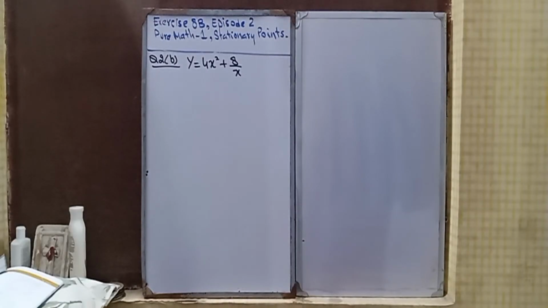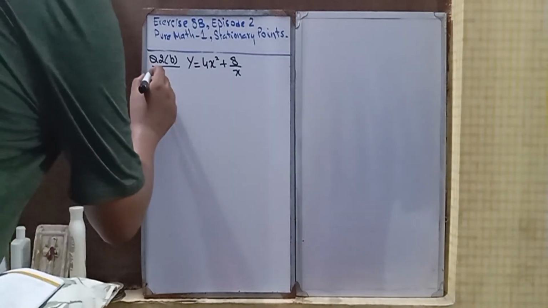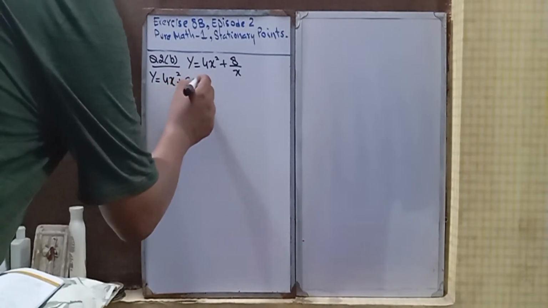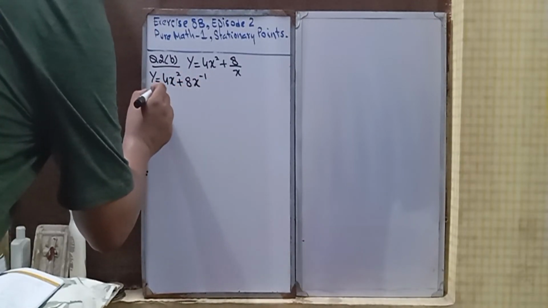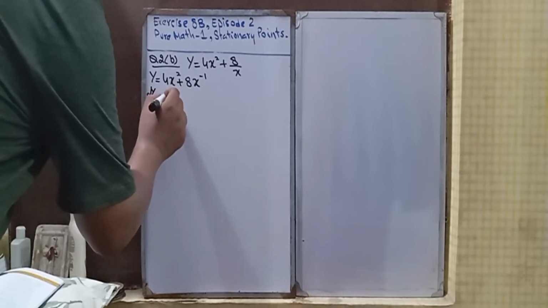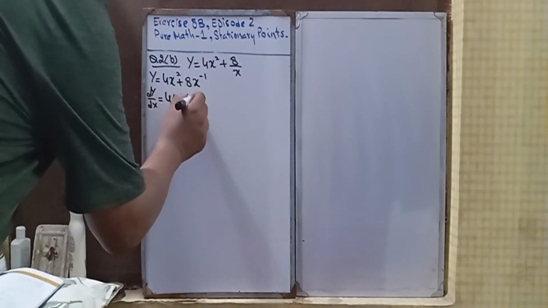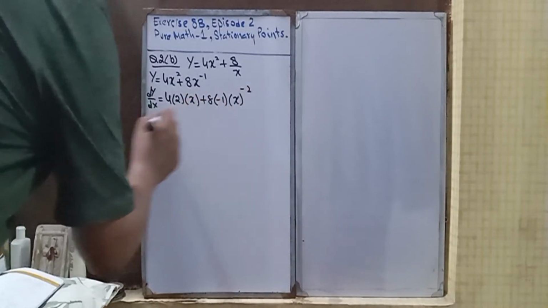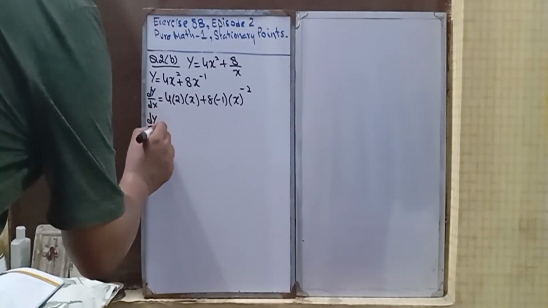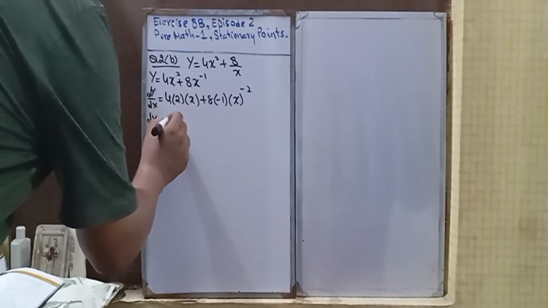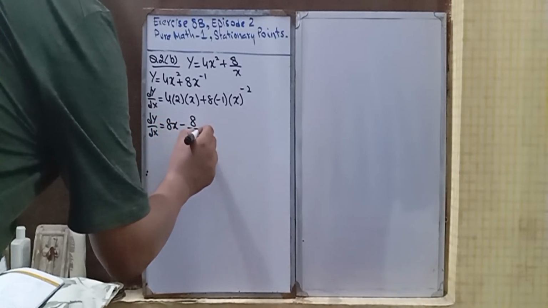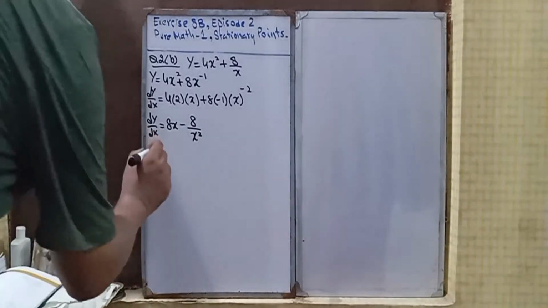So first of all, we are going to find the derivative. For this, I will make the shape a little friendlier. So y will be equal to 4x² plus 8x⁻¹. So dy/dx will be equal to 4 into 2 into x plus 8 into minus 1 into x⁻². So dy/dx will be equal to 8x minus 8 divided by x². So at stationary point,